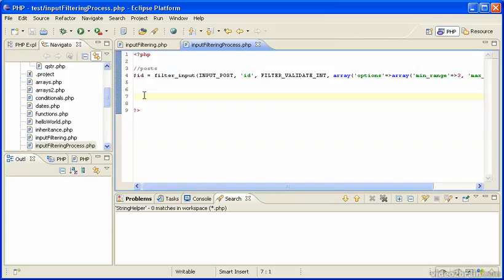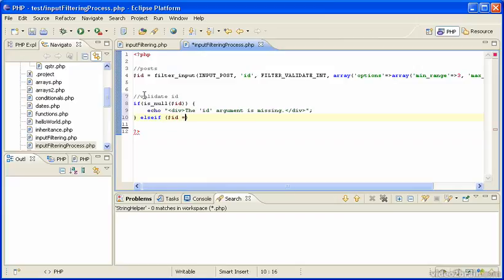So our validation looks like this. Validate ID. If is_null ID, then we have here echo, the ID argument is missing, for instance. And if that's not the case, else if ID is false and it is Boolean, that's what the 3 equals means, then echo